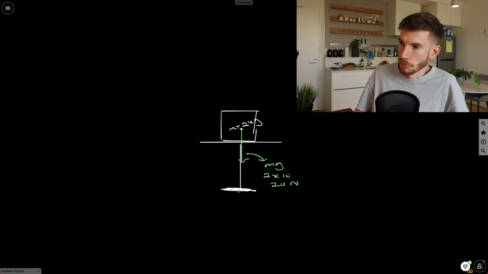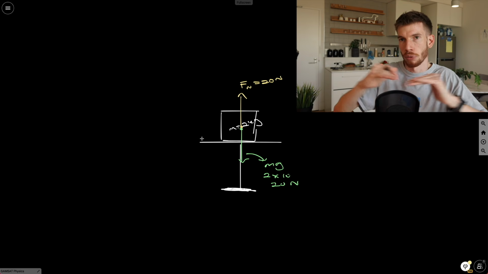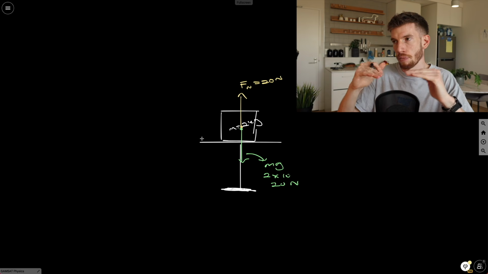Technically, the normal force is coming from the table. I'm going to cheat a little bit here and just go from the center of gravity, center of mass, up, and it should be equal and opposite, Newton's third law. This is our normal force, often written as Fn or just N, and that's going to be 20 newtons as well. So vertically, they're in what's called equilibrium, meaning that there's a balancing out of the forces and the net